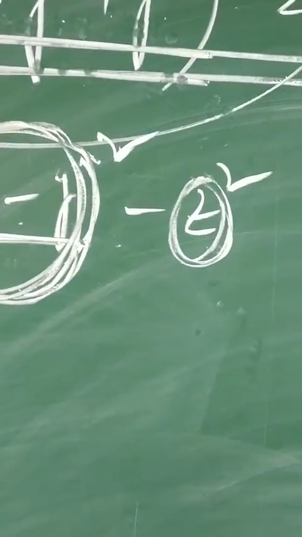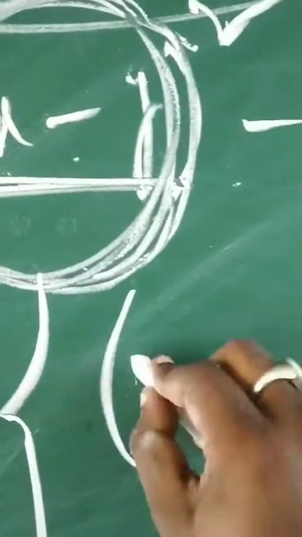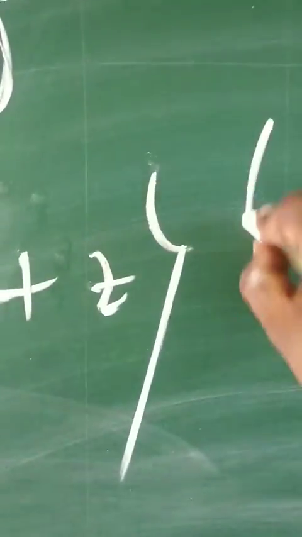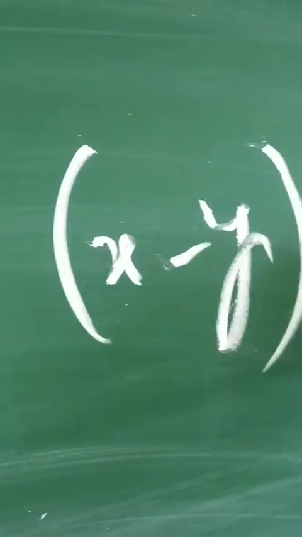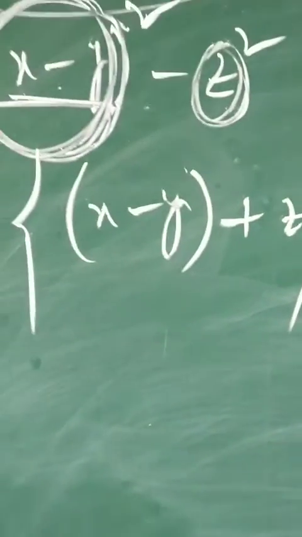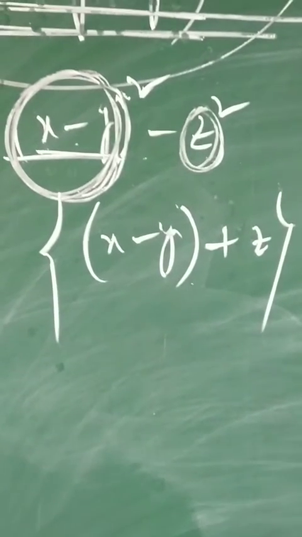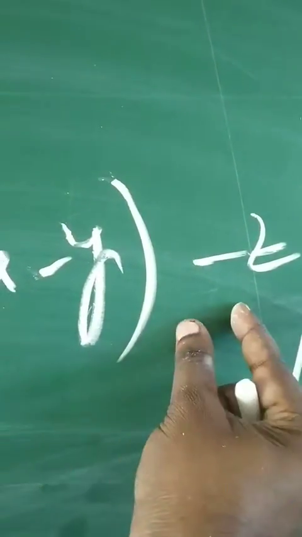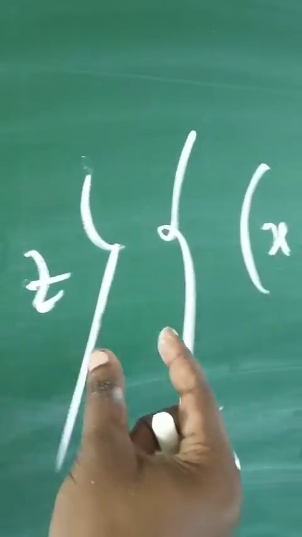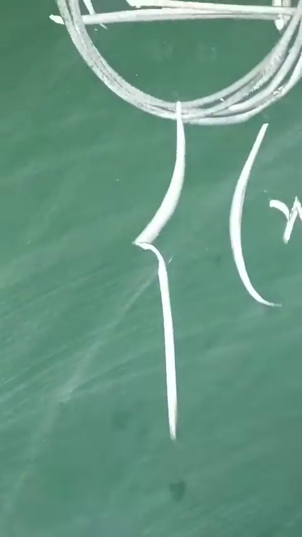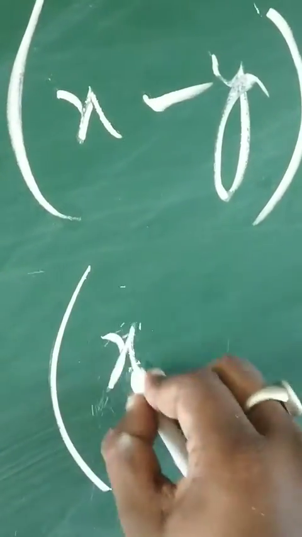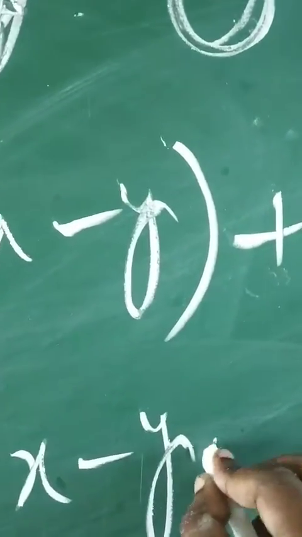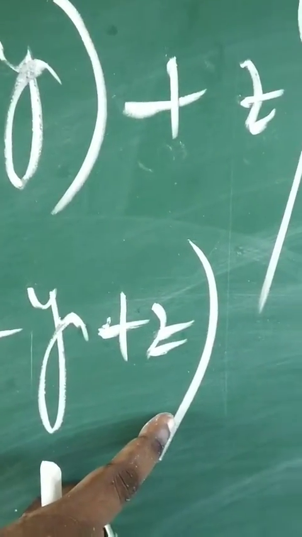So a square minus b square is equal to a plus b into a minus b. Children, just look at the board. It's x minus y plus z, that is a plus b, into a minus b. Let me bring it into the simplest form. So x minus y, as it's a plus sign just before z, I'll use plus z, and I'll just keep them within one bracket.